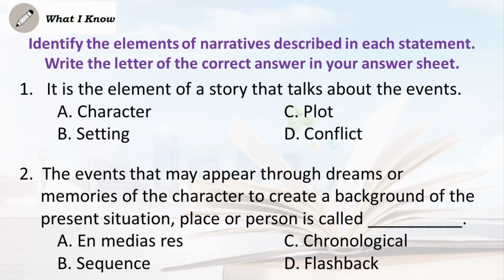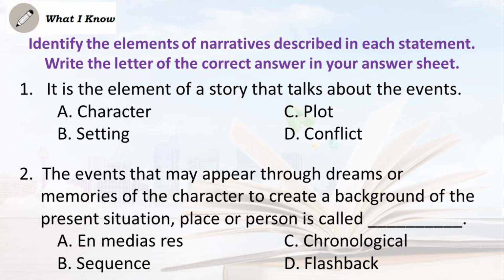Identify the elements of narratives described in each statement. Write the letter of the correct answer in your answer sheet. 1. It is the element of a story that talks about the events. A. Character. B. Setting. C. Plot. D. Conflict. 2. The events that may appear through dreams or memories of the character to create a background